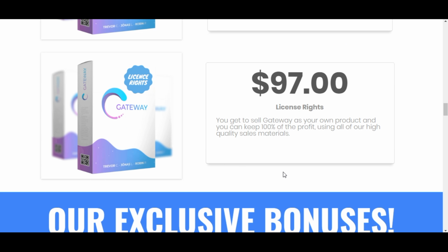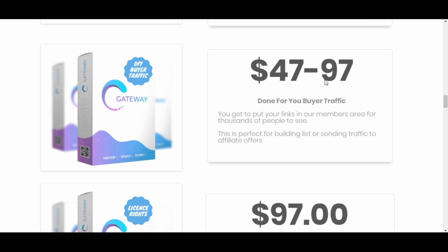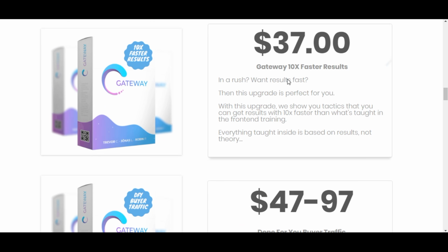And upgrade number 3, license rights. You get to sell Gateway as your own product and you can keep 100% of the profit using all of our high quality sales materials. Well, if you don't have the time to create your own product of that kind of quality, then go ahead and pick this one up. It costs $97 and you'll break even with just one person who buys the whole funnel